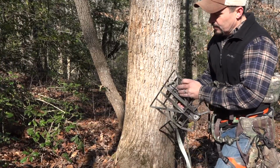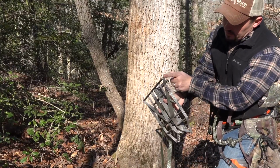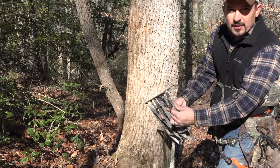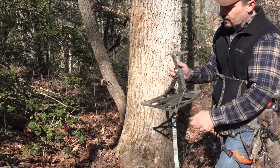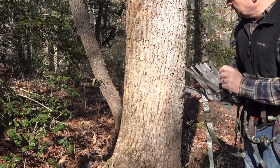It's cast aluminum, I think, and it's got these little knobs on it that really grip into the boot bottoms. So when you're swinging around the tree, you can really kick off on here. But let me show you how to get it on here,